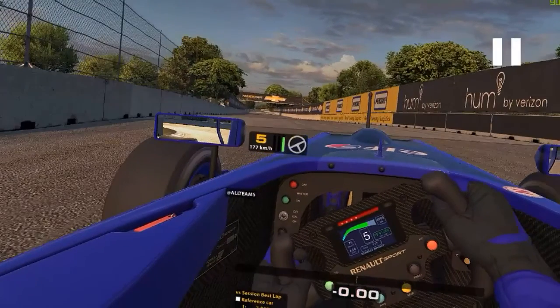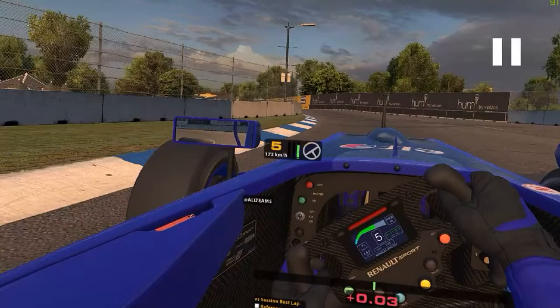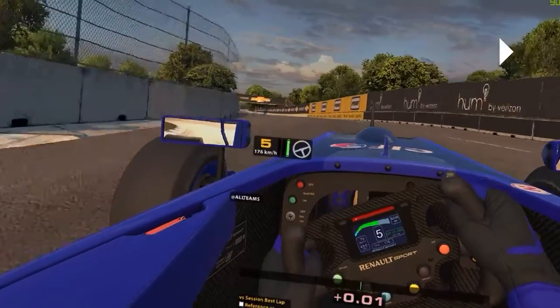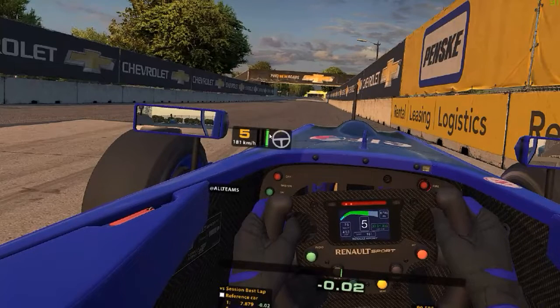And then when you go over this crest here, lift a little bit and try to keep the steering wheel straight so the car will go this way as much as you can, and then you can start steering again when you're off the cliff. So that's why you need to close the turn even more here. You're still turning here, then you go, you see, over the crest with the steering wheel straight and the car going this way here, and then as soon as you're off the cliff, there was just a little lift here